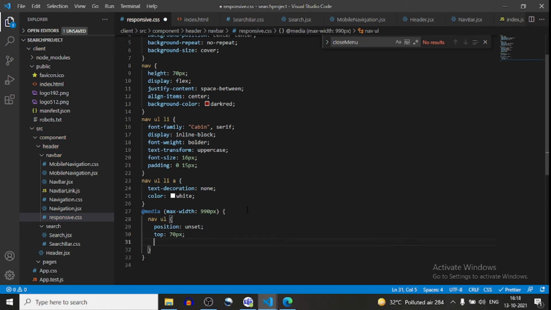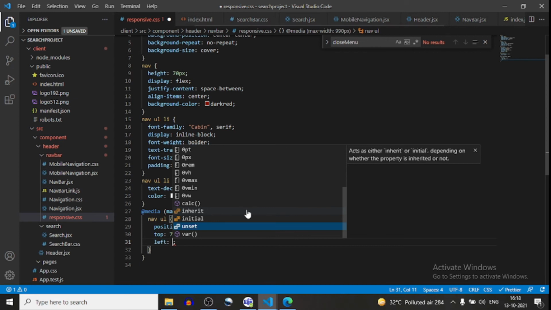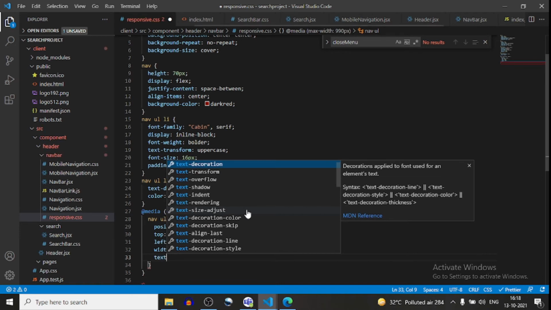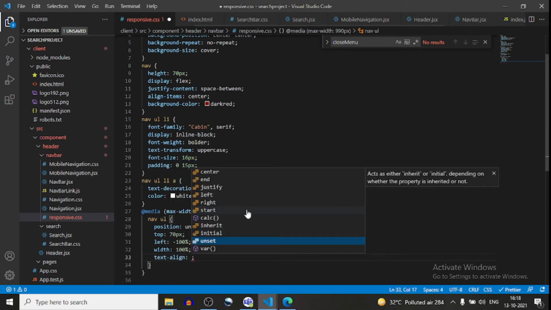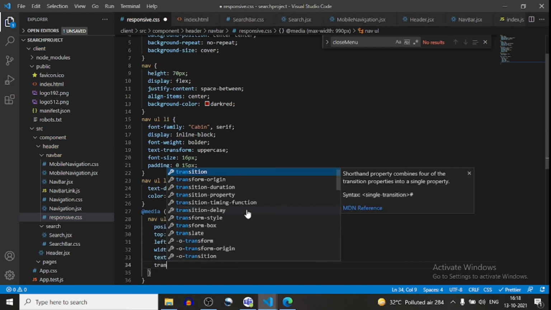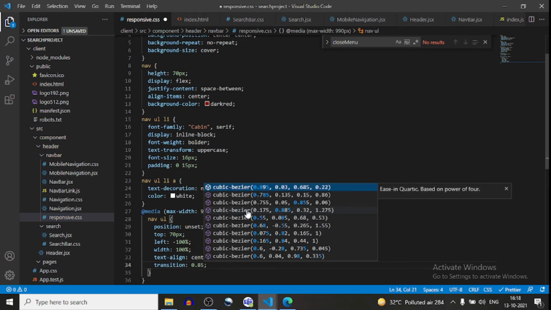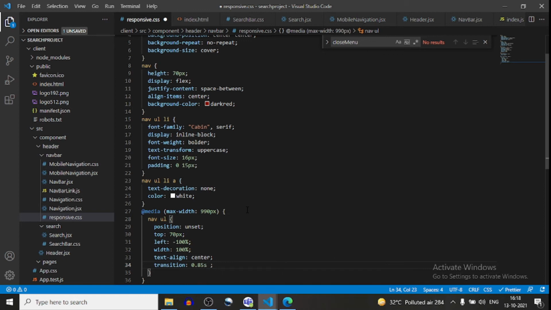Okay, left will be minus 100%, width will be 100%, text align will be center, transition will be 0.85 second, ease in out. All right, and height will be 100%.